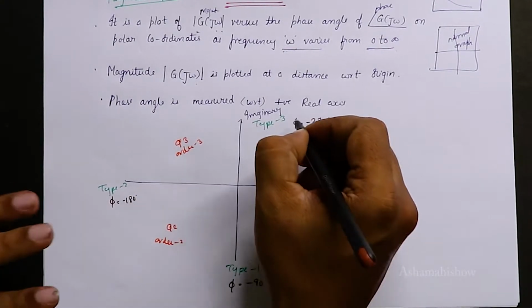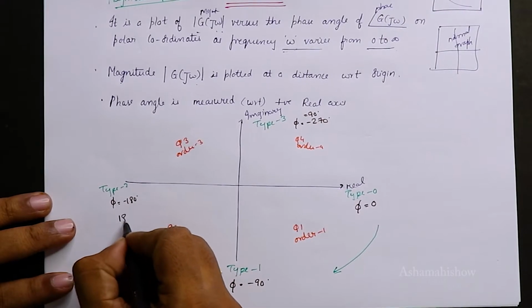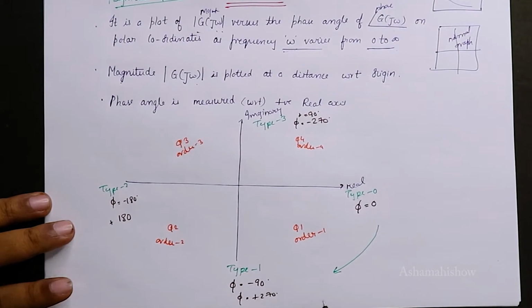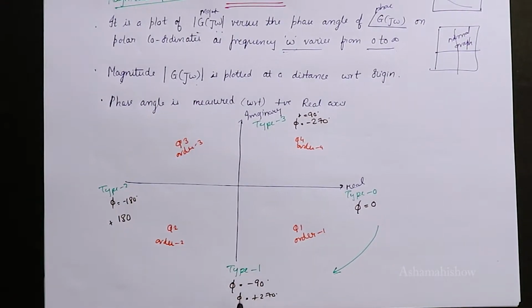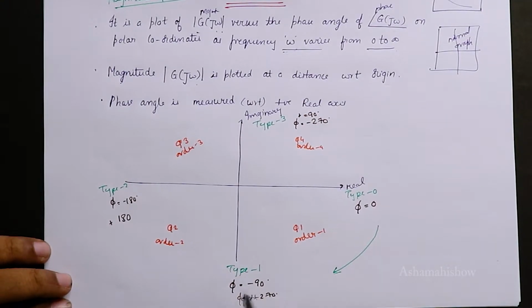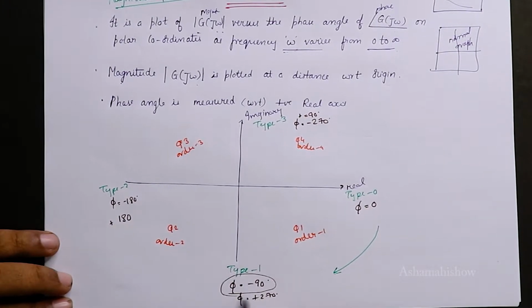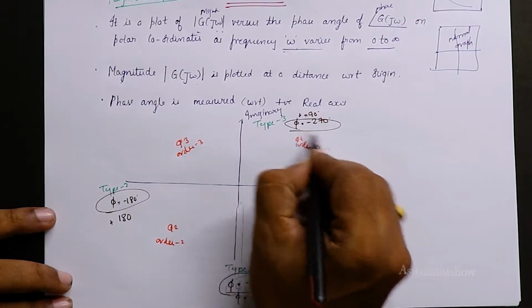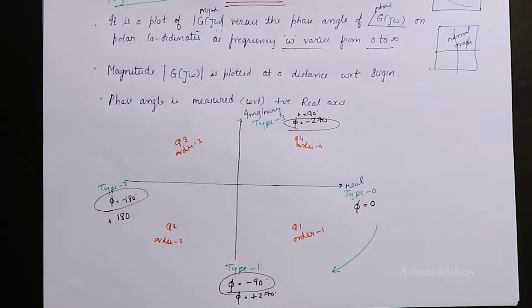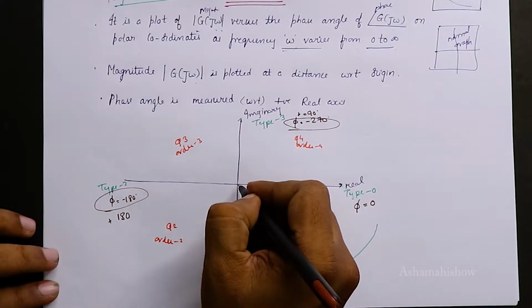When you are going anti-clockwise, this becomes plus 90, this becomes plus 180, and this becomes plus 270. Always we go in an anti-clockwise direction, so these are taken into consideration. So this is how you will be dividing the entire thing. Type is taken as the number of poles, and this is how we take the phase. I am taking the anti-clockwise direction, so I will be considering only these, and your orders are taken as quadrants. So this is the division we will get, and obviously this is the origin.